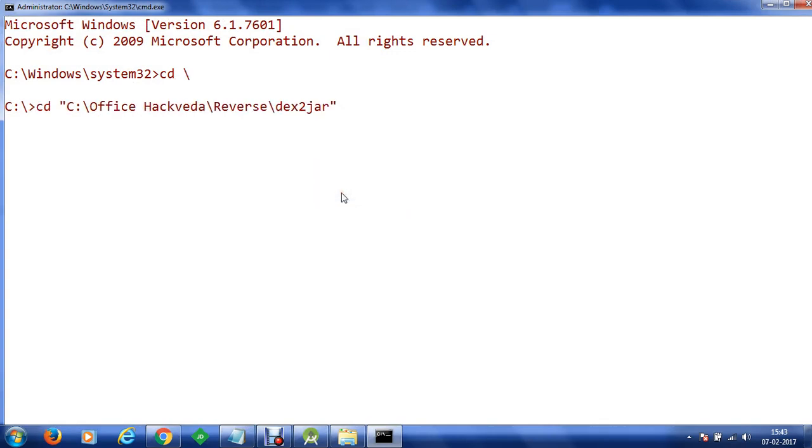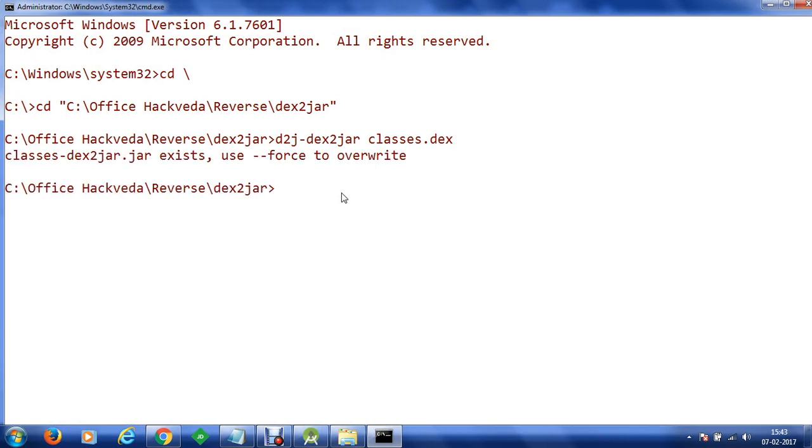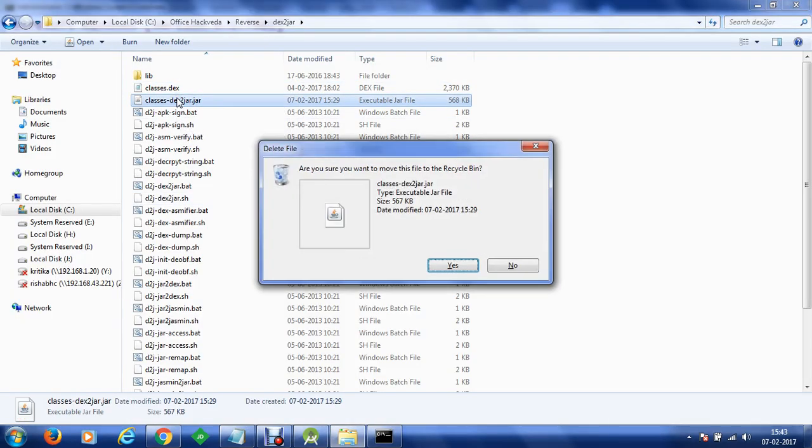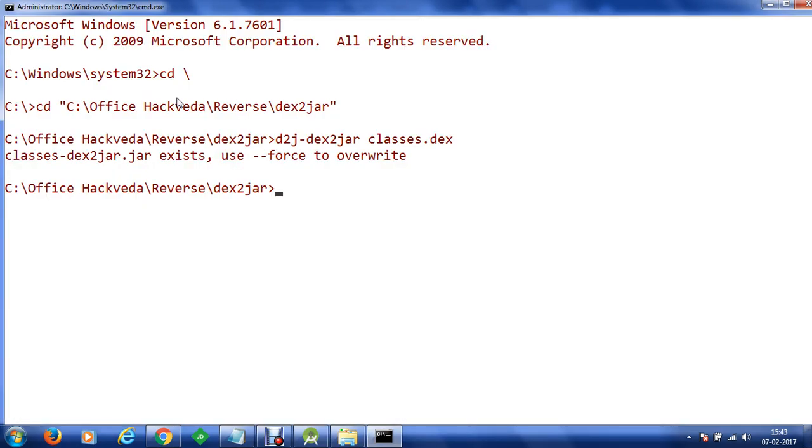So we are going to paste the directory and within this we are going to execute the latest version of dex2jar, known as d2j-dex2jar, and we are going to provide the classes.dex which we have just copied. There is an already earlier jar file, so let me just remove the jar file and now I'm going to execute